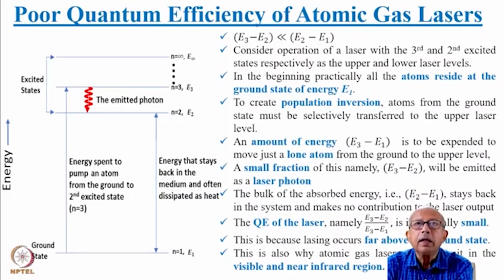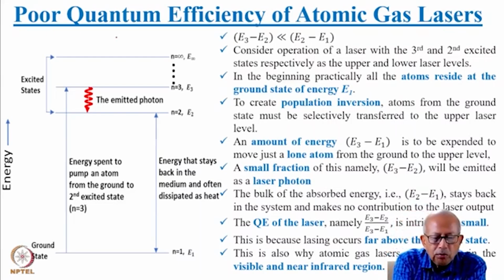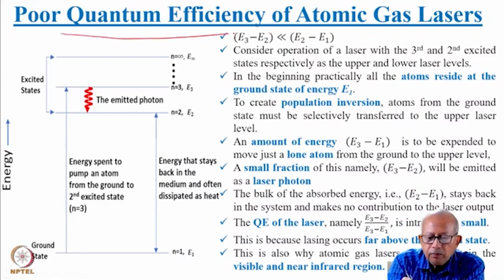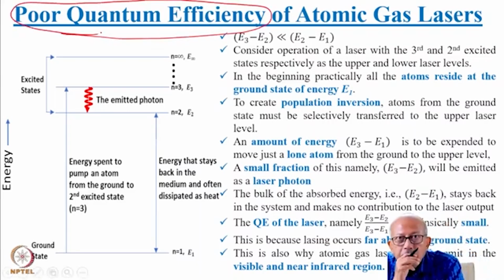So in the previous class, we have seen that an atomic gas laser usually has very poor quantum efficiency. Today, let me spend some more time to elaborate this point further. See,